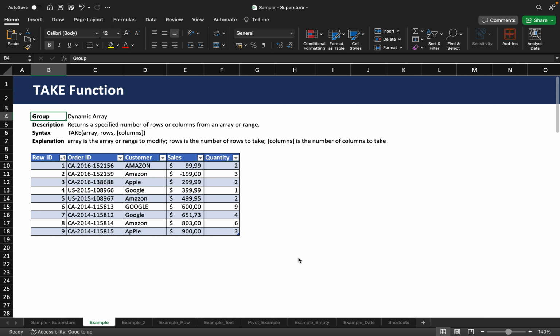Today I want to explore how to use the take function. The take function in Excel is a dynamic array function used to extract a specific number of rows or columns from an array or range. Advantages of using the take function: on the one hand, flexibility, because you can easily adjust